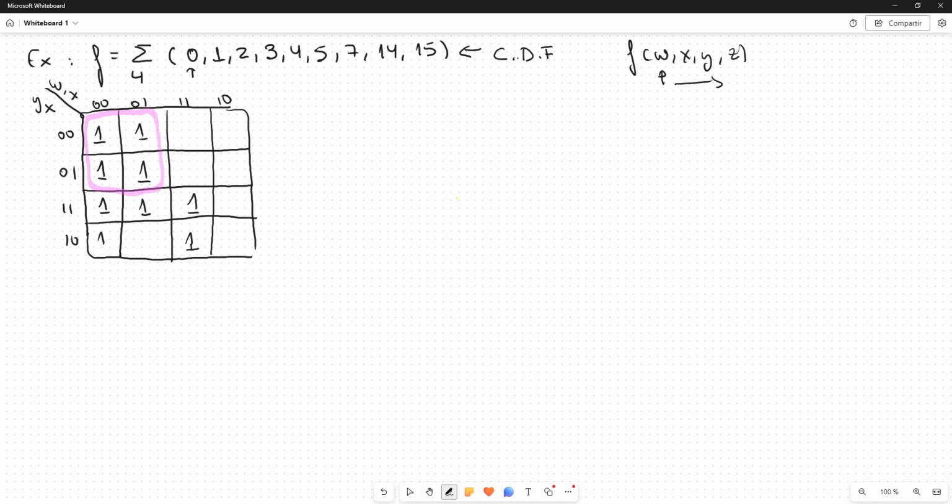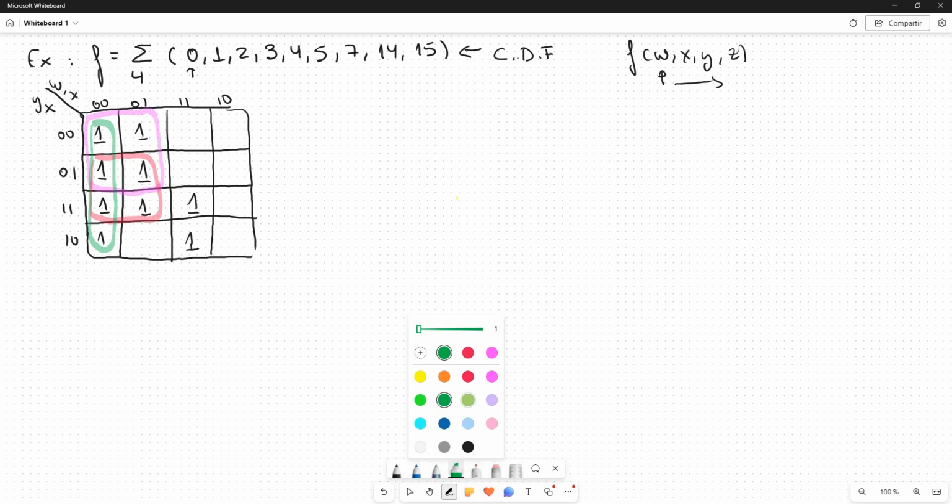We have another one just below. You have to practice, okay, to identify this quickly. We have another one just below. We have as well a column on the left. And for the remaining ones, we have this one,